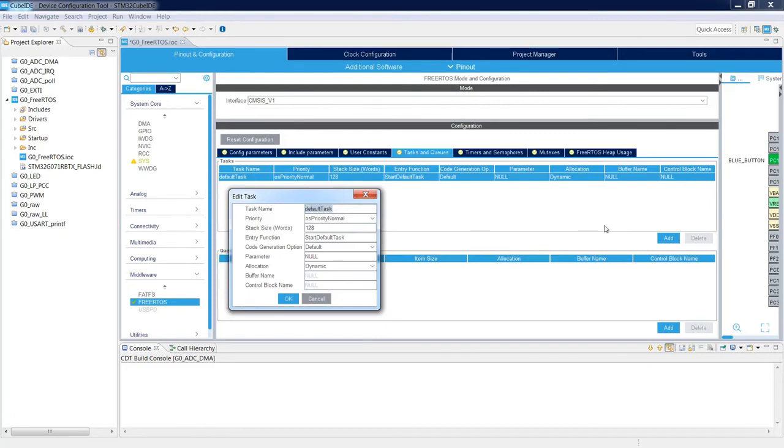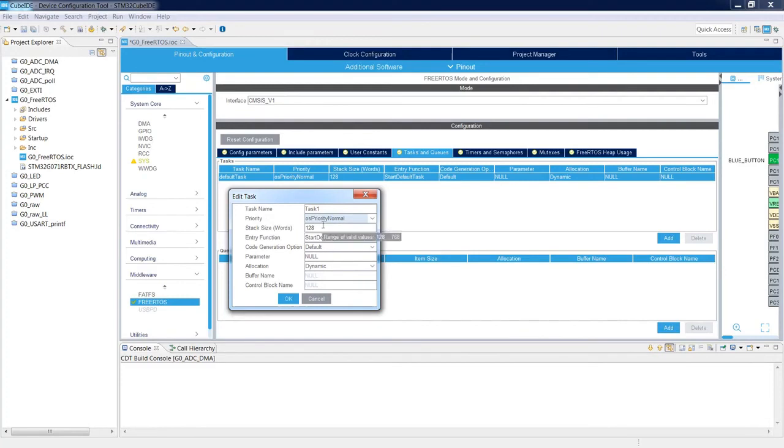So we will change the default task name into Task 1. We will keep OS priority normal. We've got 7 types of priorities, starting from priority idle, which is the lowest possible, and ending with so-called real time. Normal is somewhere in the middle, so let's use priority normal for both tasks.